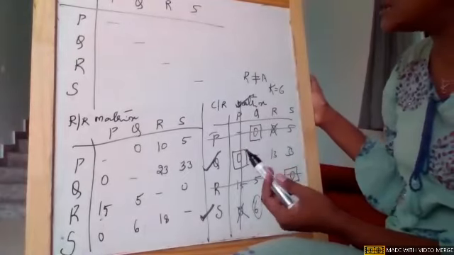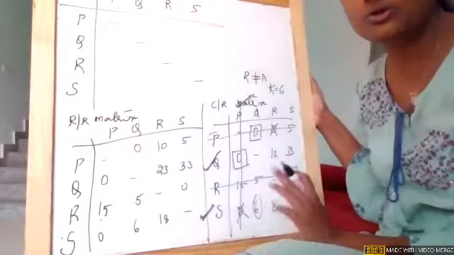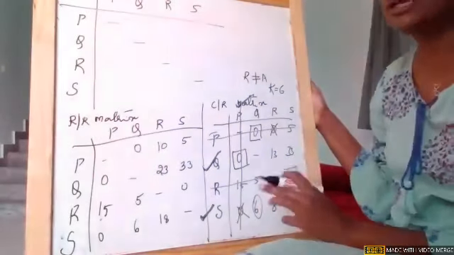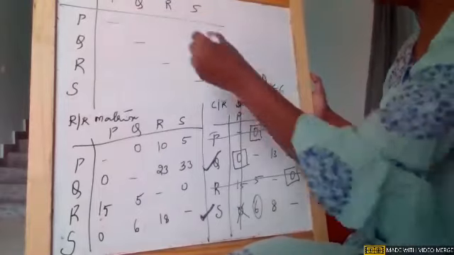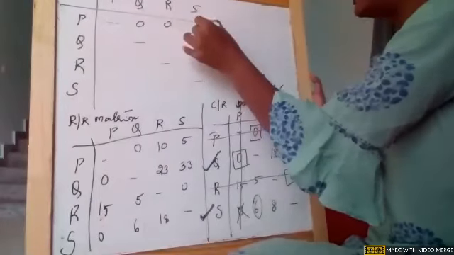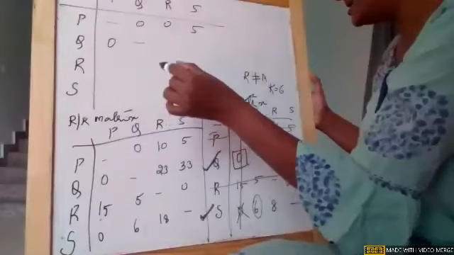The remaining places where there are two lines, we need to add. Where there is one line, no change. Where there is no line, we need to subtract. So I'll start working on it. If I go to the first row, single line, so values remain unchanged. Come to the second row, 0 remains unchanged.